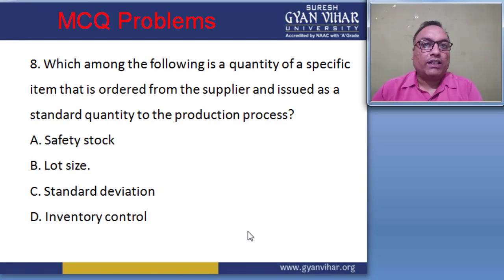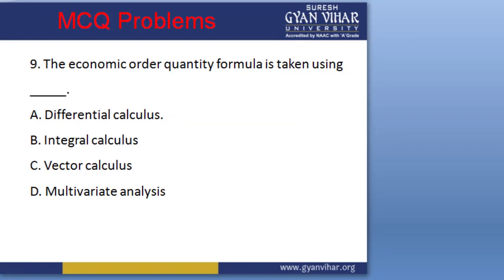Which of the following is a quantity of a specific item that is ordered from the supplier and issued as a standard quantity to the production process? The options are safety stock, lot size, standard deviation, and inventory control. So the correct answer here is lot size. This is the correct answer for this question. And then move to the next question, question number